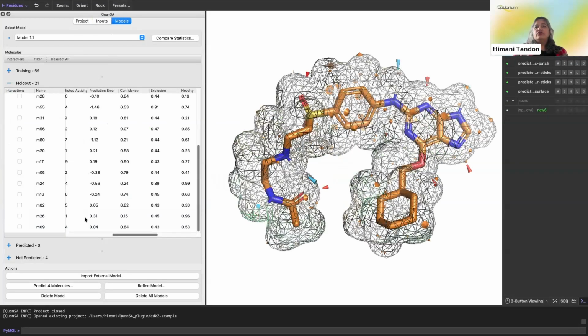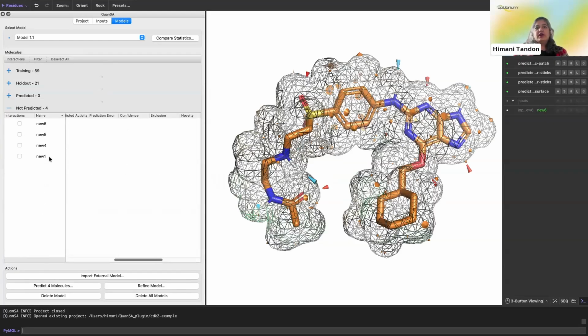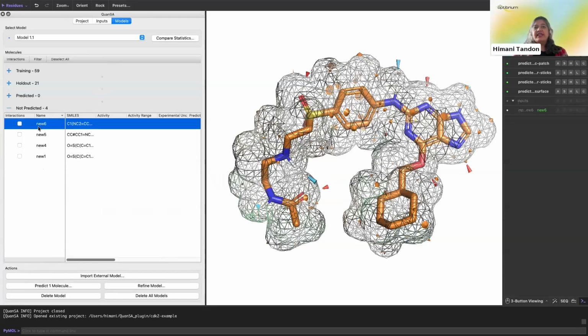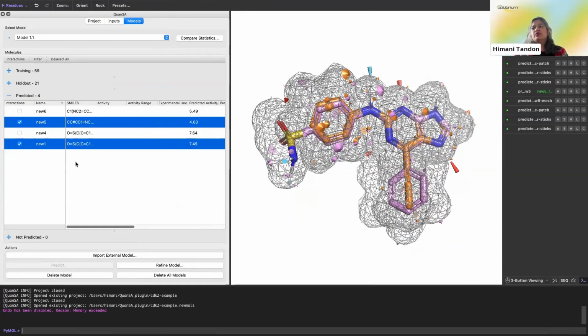So again, we can go back to those models, go to this tab here. These are the 4 compounds for which we don't have the activities yet and we want to predict it. We can just select these 4 and click on predict 4 molecules. The predictions for new molecules just take a second for every molecule. And after that is finished, this is what, again, the results would look like. It would populate the predicted activities, and you can now go back and start comparing what makes a molecule likely to be active as compared to another molecule which has low or less activity predicted.